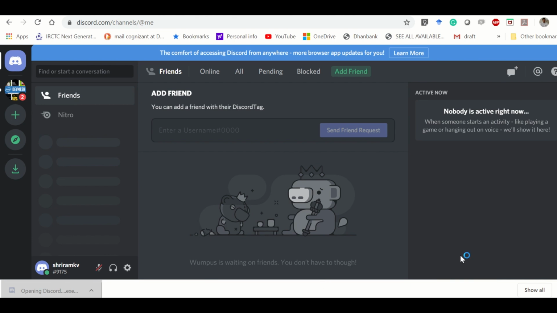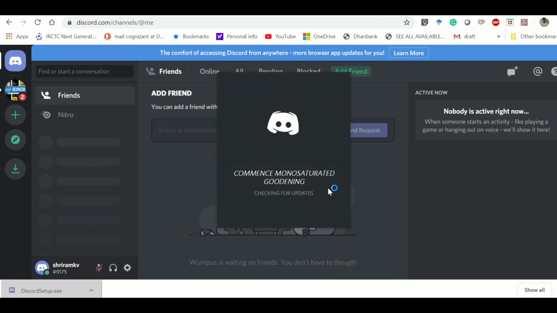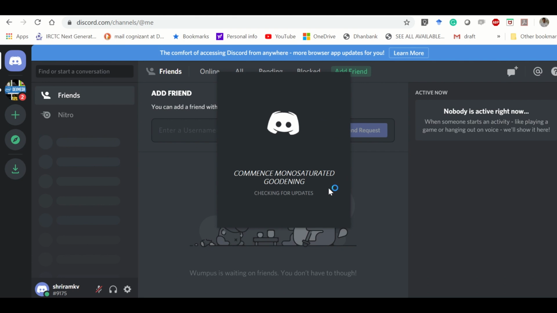Let's install the Discord software, the package that I have downloaded. You can see that I'm double clicking it and it takes very little time to install. So it goes quickly and it's a very nice UI. You can see that it's very interactive as well. So you will enjoy installing it. It's not tough, it's very easy for you to install. And I'll explain all this content one by one, step by step, as we go ahead.